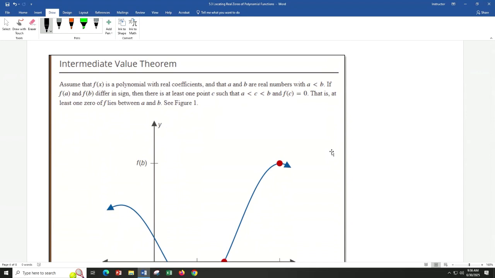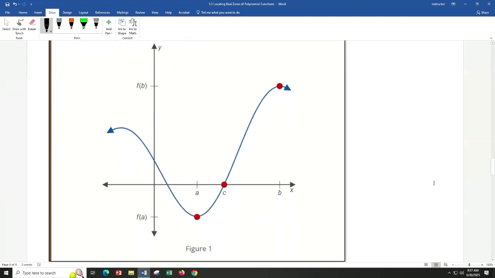Intermediate value theorem says this, okay? Assume that f of x is a polynomial with real coefficients. Real coefficient means you can't have complexes in there. It just means they've got to all be real numbers. And a and b are real numbers where a is less than b. If f of a and f of b differ in sign, then there is at least one point c between these 2 points